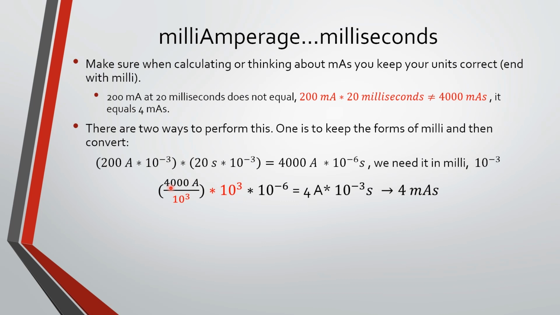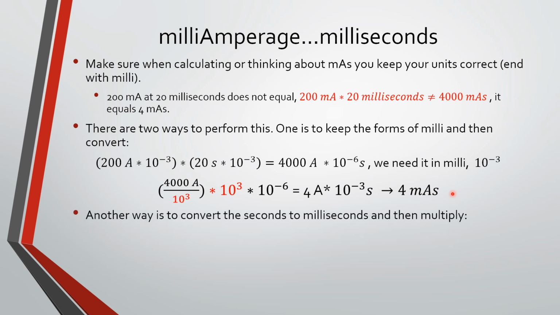So we're dividing by 1,000, so it comes out to 4 amperage, and then this will be to the negative 3, okay? And that 10 times 10 to the negative 3 is what we want. This is milliseconds. So now, instead of writing it this way, we can write milliseconds, and then we can write it in the form that we know as 4 milliseconds. This is just something to be aware of. Another way to do it